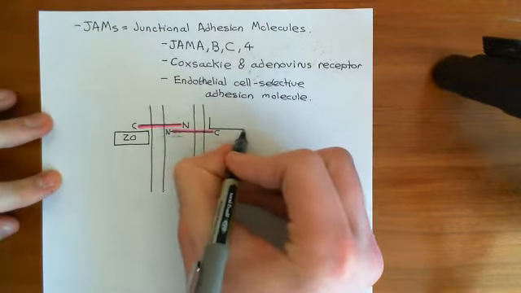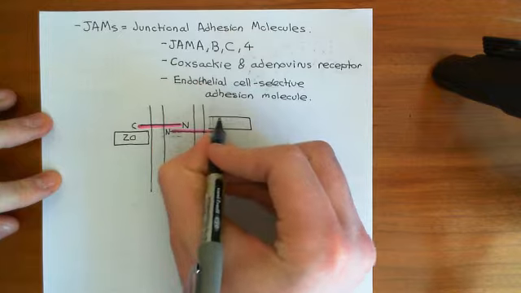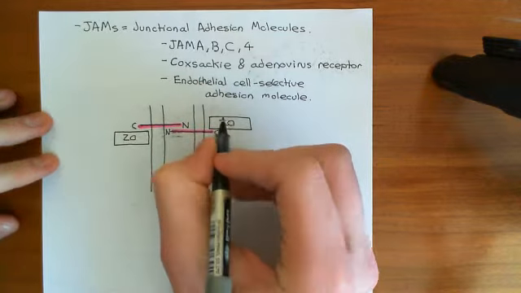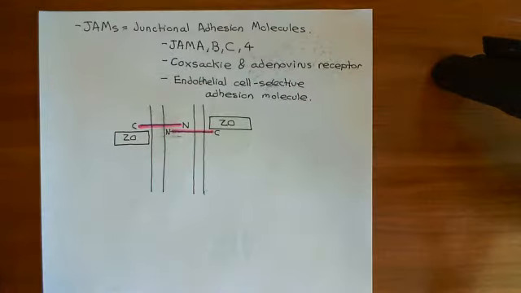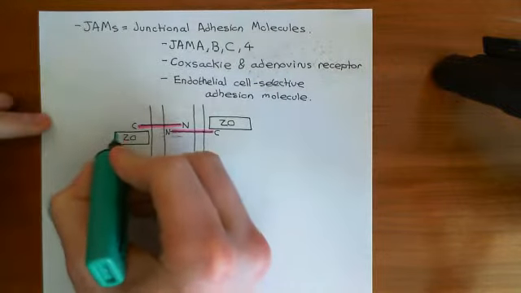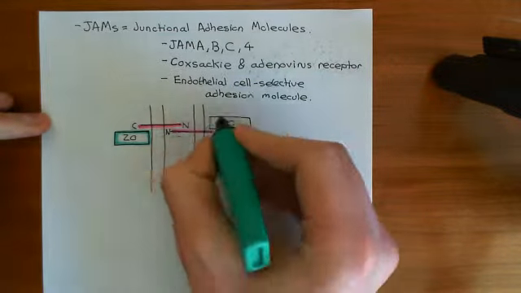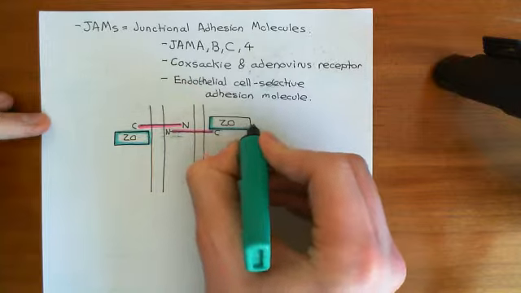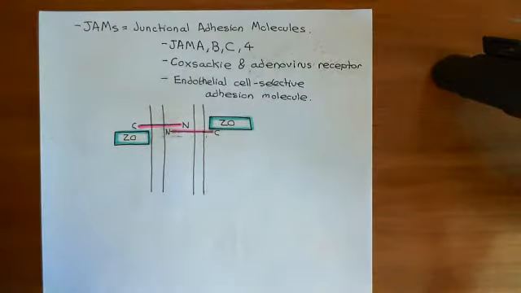So zonular occludins proteins bind to the C terminus of the junctional adhesion molecules. I'll colour in these zonular occludins proteins in turquoise. And these then bind to the actin filaments of the cytoskeleton, and hence that's how we form a viable adhesion